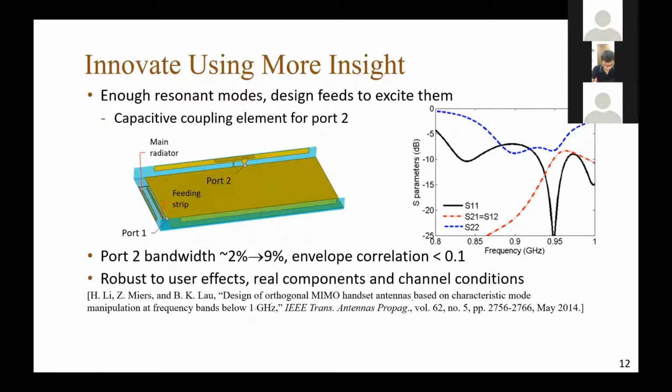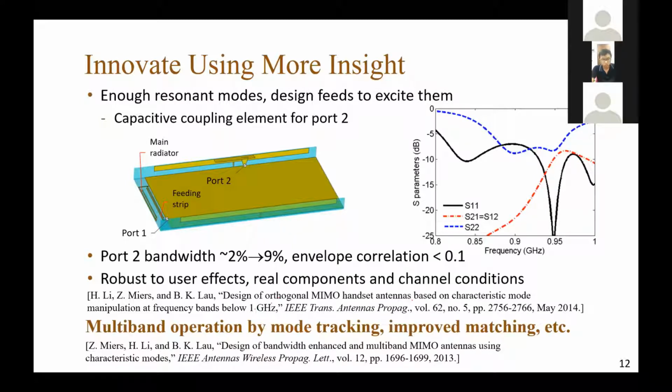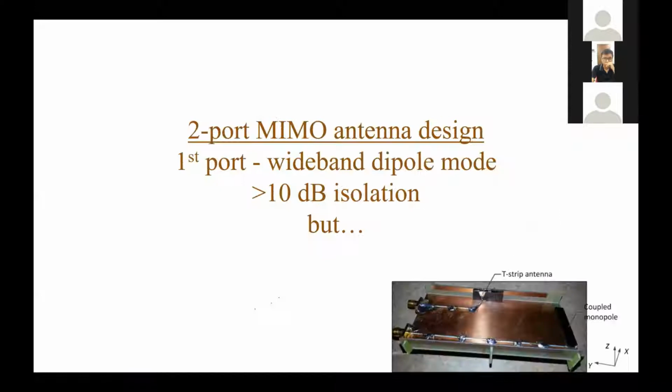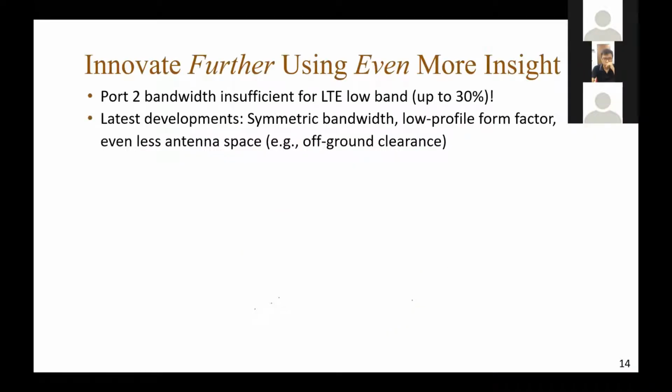We found that it is quite good when we evaluate the performance against some realistic practical conditions. We even managed to extend this idea to multi-band operations and so on. So now we have a 2-port MIMO antenna. The first port is wideband. The second port is improved to 9% bandwidth, but it is not quite enough because with the newer developments, LTE